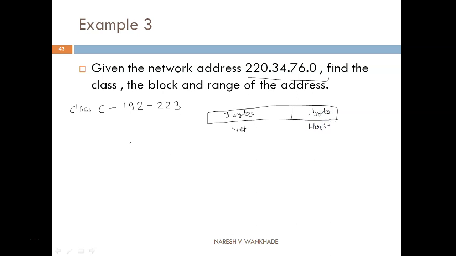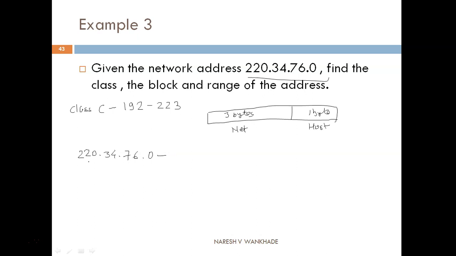Let's find the block and the range. 220.34.76 is the network ID and the last byte belongs to the host ID.